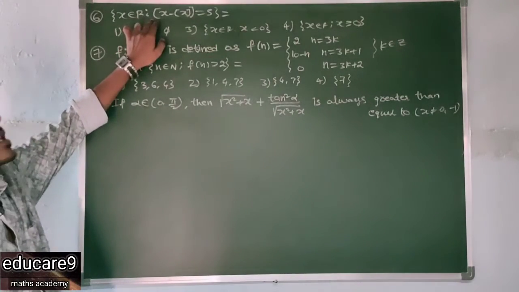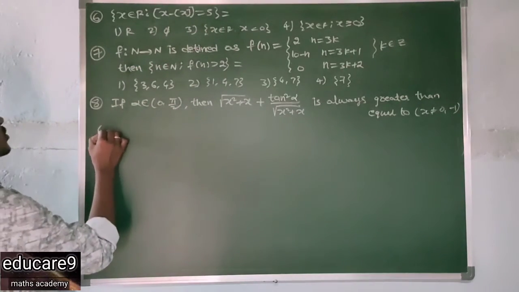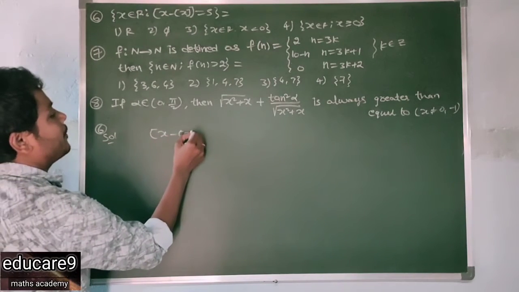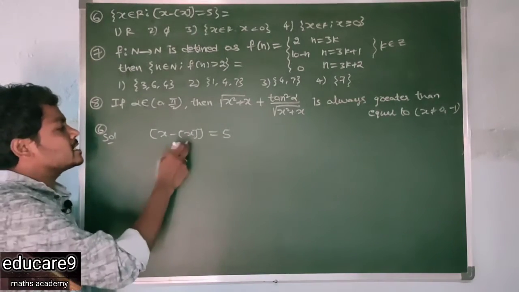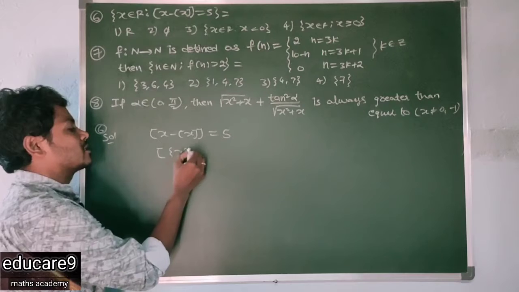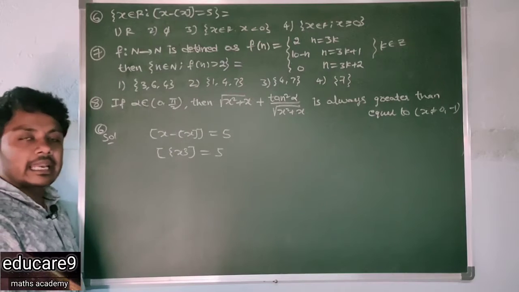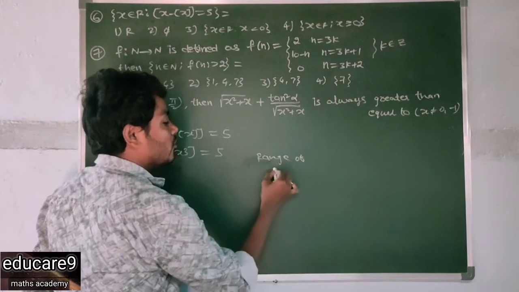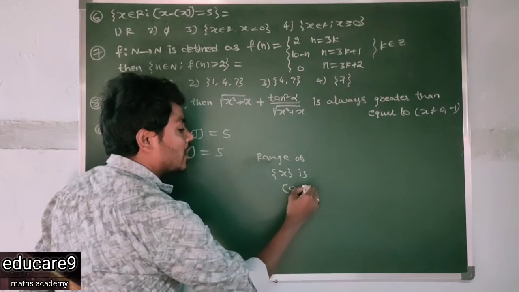x belongs to R. Step of x minus step x is 5. See, this is the solution. So x minus step x, this value is 5, as given. Now x minus step x is what? The fractional part of x. So the step of the fractional part of x is 5. So it is given. But what is the range of the fractional part of x? The range of the fractional part of x is closed 0 comma open 1.